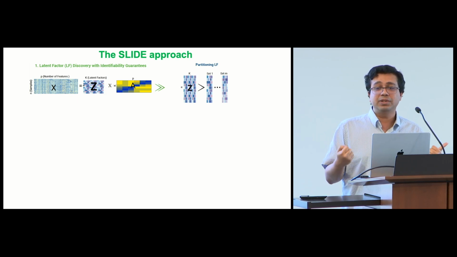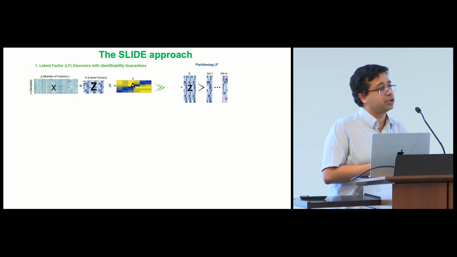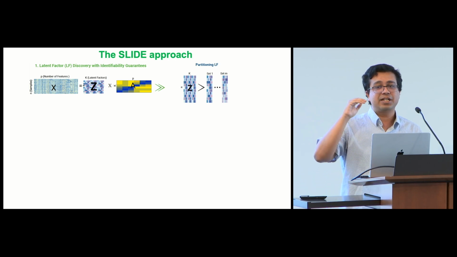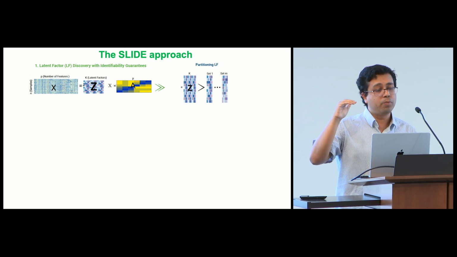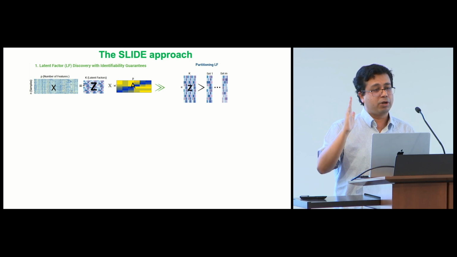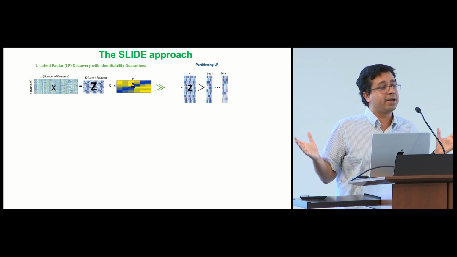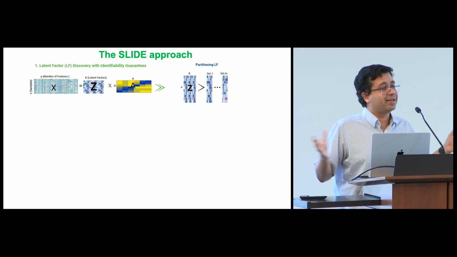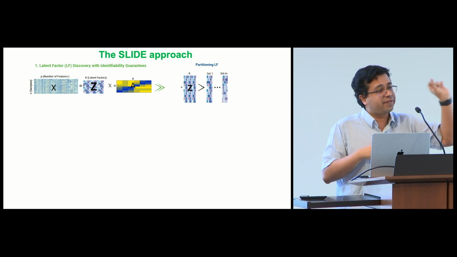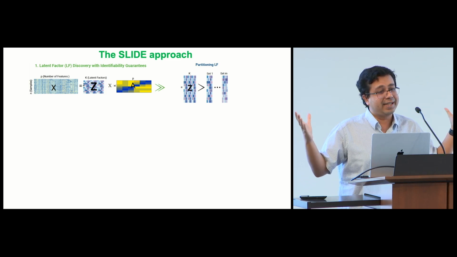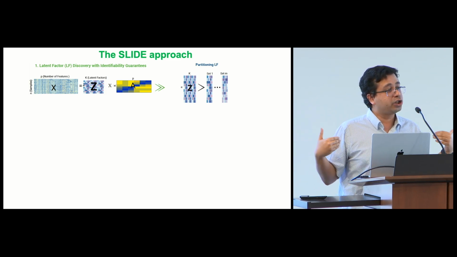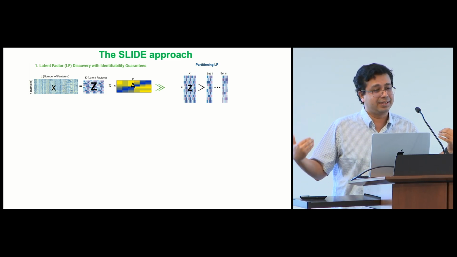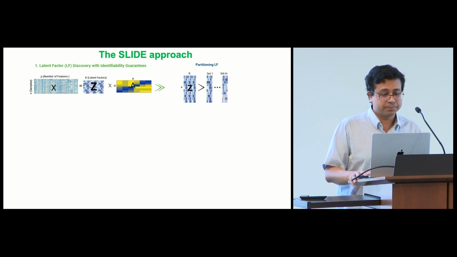The way we do this is we solve this as a constrained optimization problem where we anchor each latent factor based on what we call two pure variables, two variables that belong only to that latent factor and no other latent factor. So of thousands of features, let's say you have 100 latent factors, so 200 would be anchors, each factor would have two anchors. Everything else can be shared or not shared in a data-dependent fashion. This is done using the underlying covariance matrix.